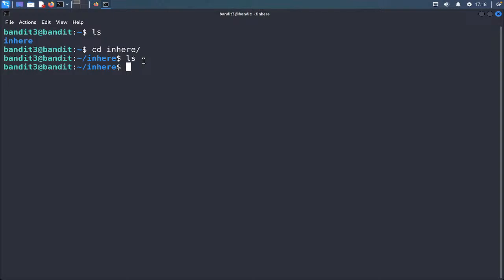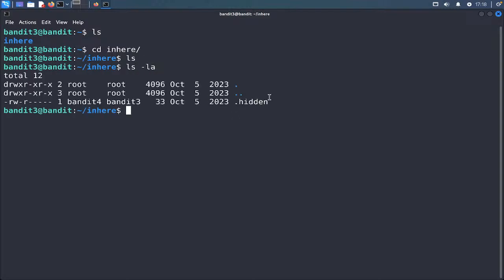Now that is something we have to find: how we can find the file which is actually hidden. So if I go with ls -la, here you can see something named dot hidden. Ultimately we got this one, right? So that is something you can understand. Again, you can see that we are getting something with the name hidden. All right. So if I do cat dot hidden, you can see that ultimately I got the password. So once again, it's pretty easy, right?